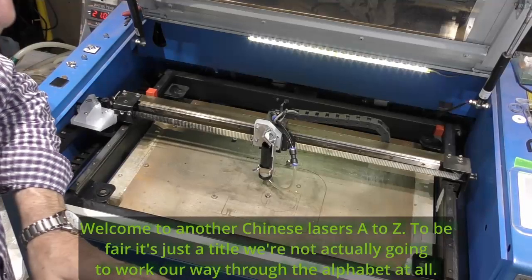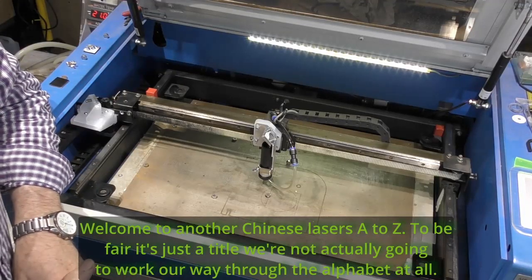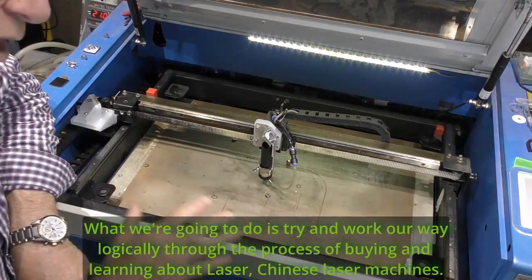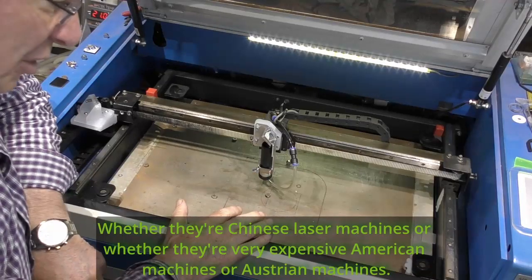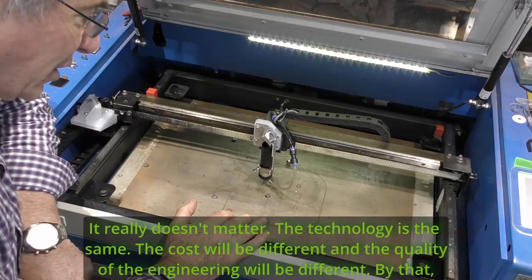Welcome to another Chinese Lasers A to Z. To be fair, it's just a title. We're not actually going to work our way through the alphabet at all. What we're going to do is try and work our way logically through the process of buying and learning about Chinese laser machines. Whether they're Chinese laser machines or whether they're very expensive American machines or Austrian machines, it really